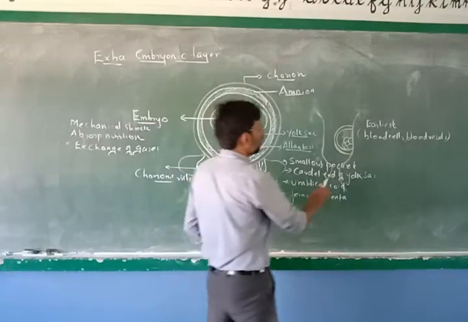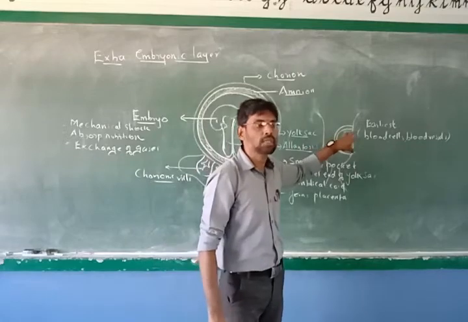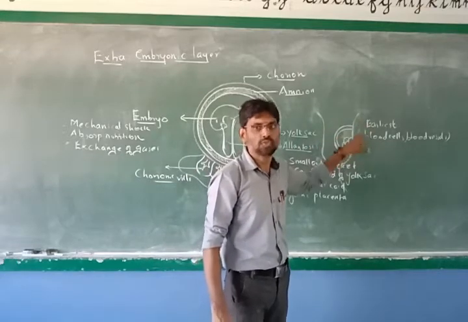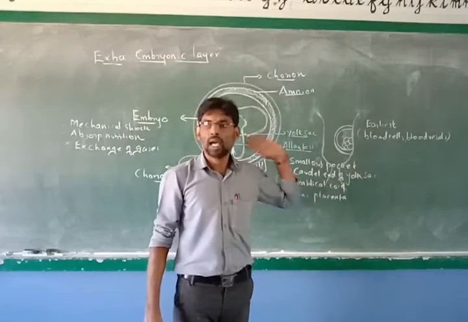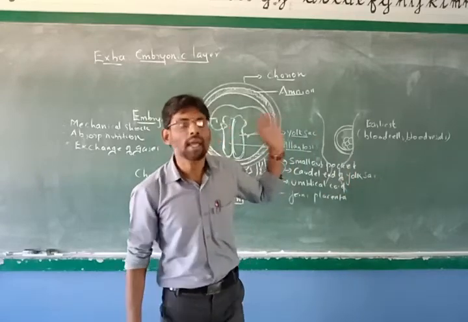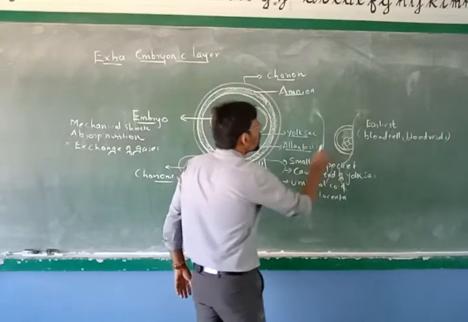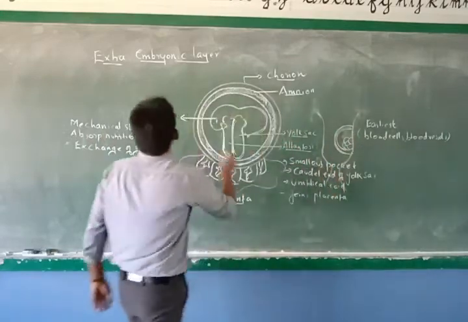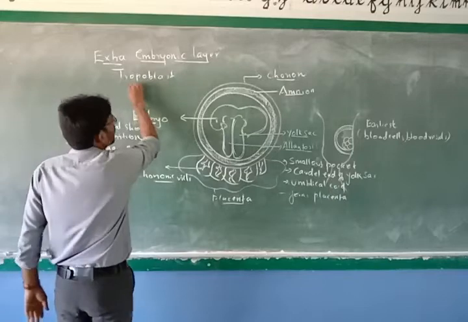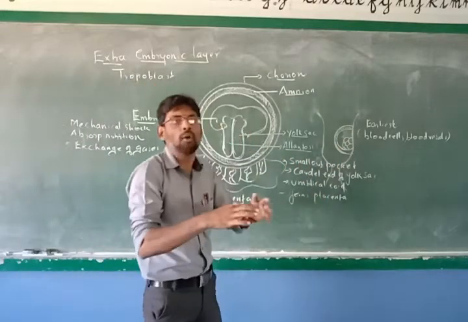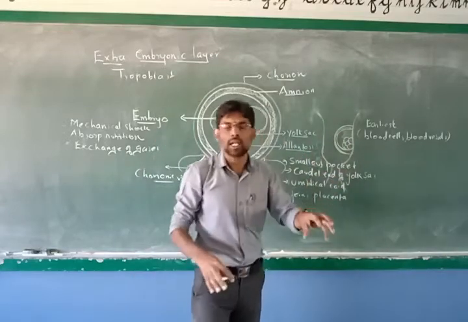Listen, we studied that this full structure is called the blastocyst. Inside the blastocyst we have the embryo. The embryo is formed into 3 germ layers: epiblast, mesoderm and hypoblast, and the entire pregnancy is 280 days, 40 weeks, 3 trimesters. Now this outer layer is called the trophoblast. The inner layer gives the embryo, which means the entire fetus is formed from the inner layer. This fetus is protected by